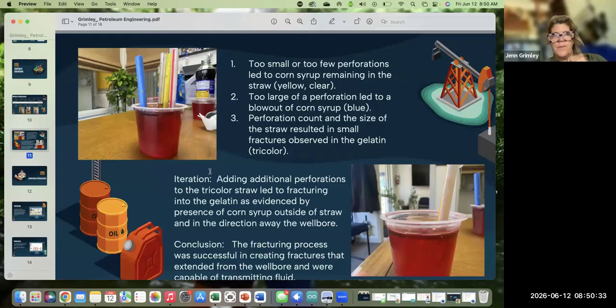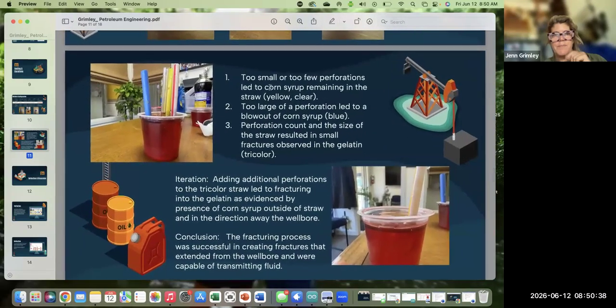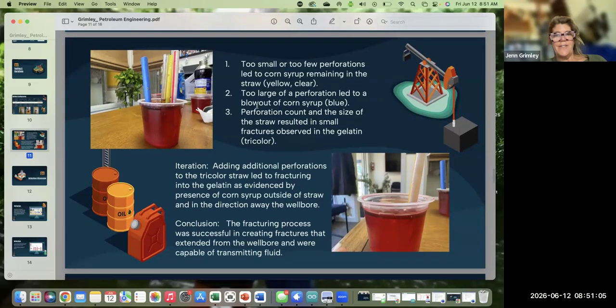So what I kind of concluded was that the perforations and the location of the perforations affected the fracturing process. Too small or too few of the perforations led to the corn syrup remaining in the straw, which held true for the yellow and the clear straws. And too large of a perforation in the blue straw led to a complete blowout. So the perforation count and the size of the straw resulted in small fractures in the tricolor, which is where